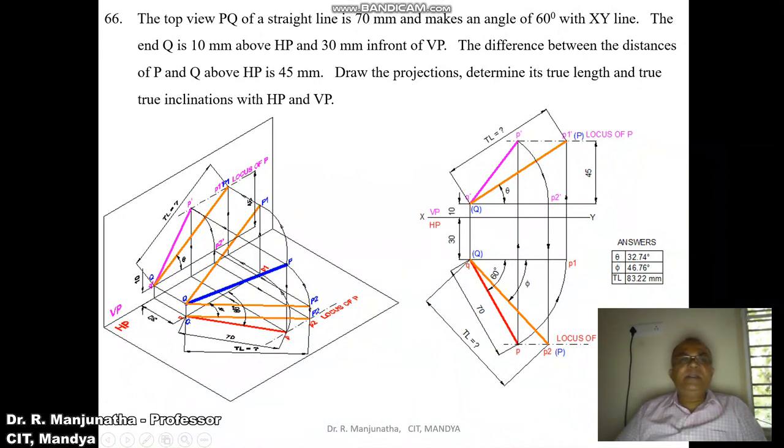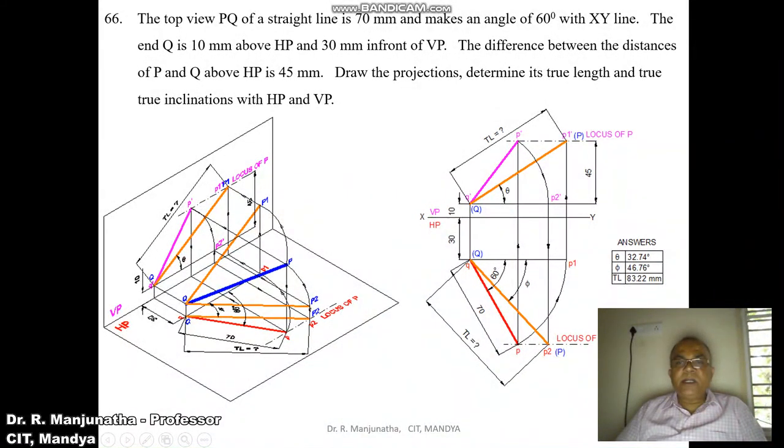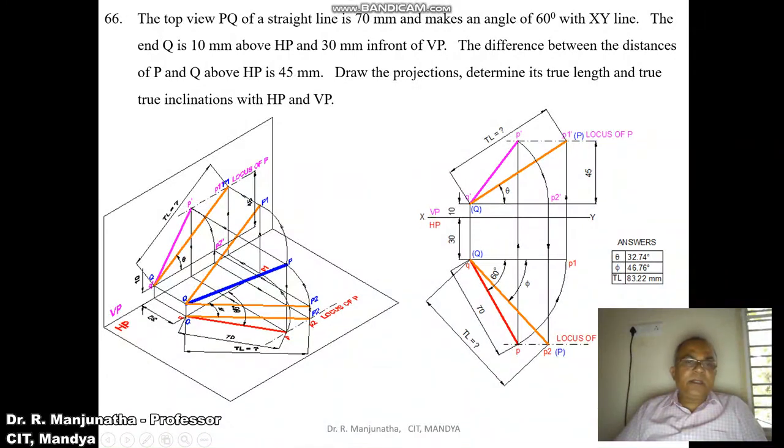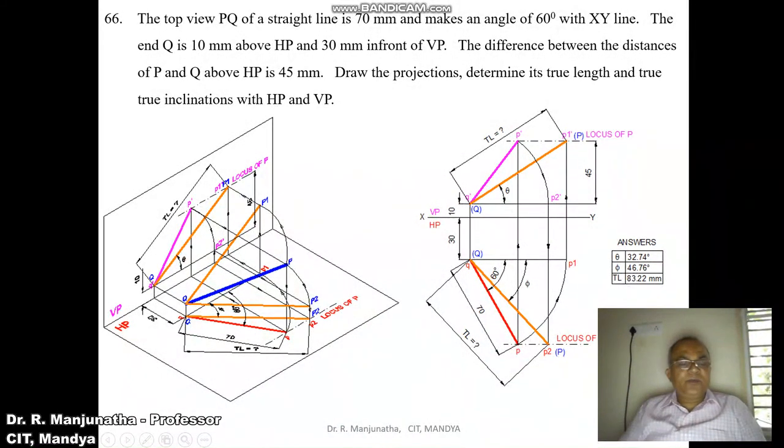The difference between the distances of P and Q is 45 mm. So that is the distance from Q to P. That distance is 45 mm. That is the difference he is talking about. That is the difference which we are talking about here. This is 45 mm, so that point is going to be on this line. So this is 45 mm. So when you get this,